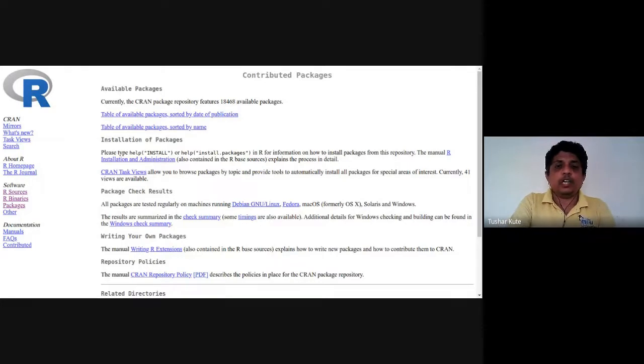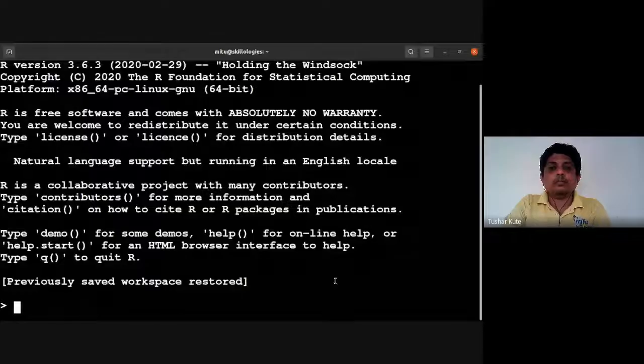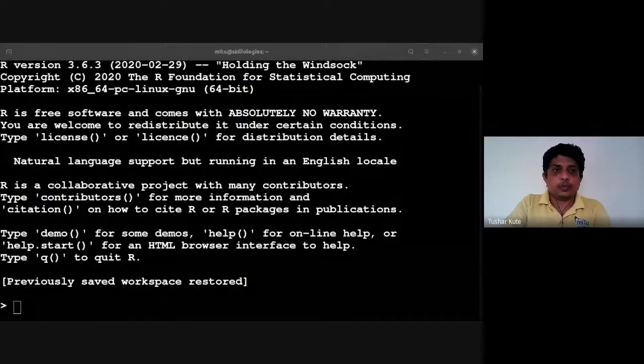When you install R programming, you will get something like this. I'll show you. This kind of command-based environment will be given to you. Just check it out. Currently I'm using R version 3.6.